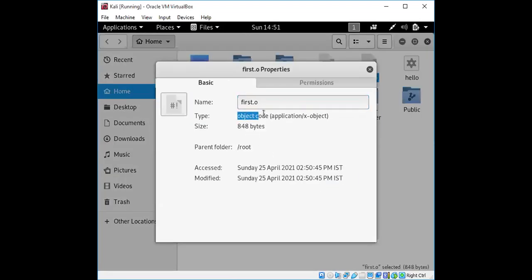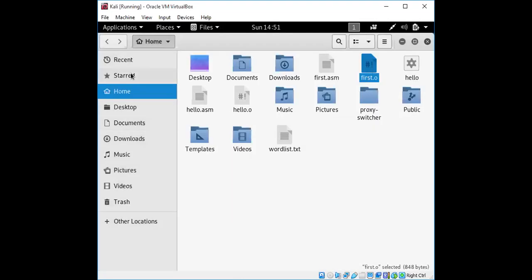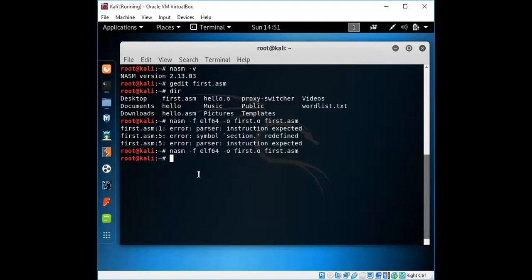This will be the object code, the object file with its contents. Now the object file has been generated.